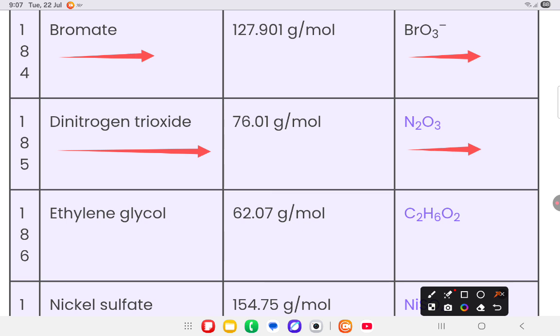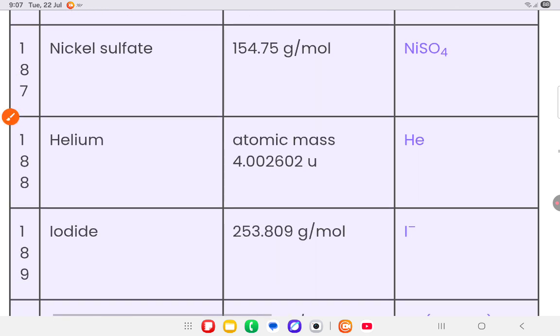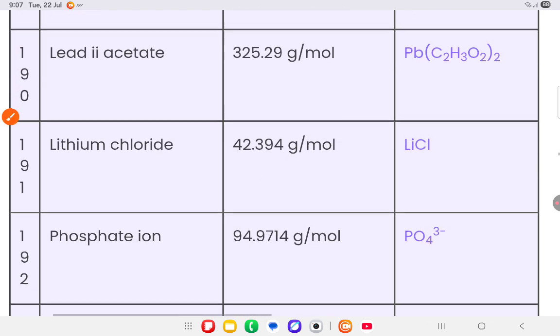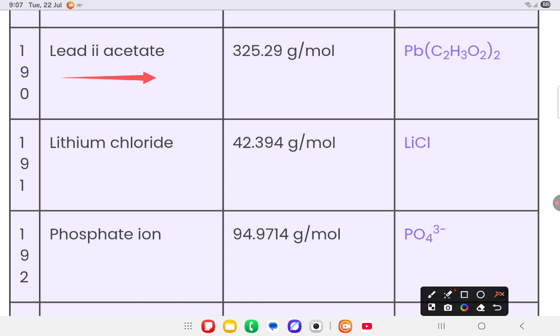Okay, ethylene glycol that is C2H6O2, nickel sulfate that is NiSO4, helium that is He, iodide that is I minus, lead acetate that is Pb(C2H3O2)2, lithium chloride LiCl, phosphate ion that is PO4 3 minus,